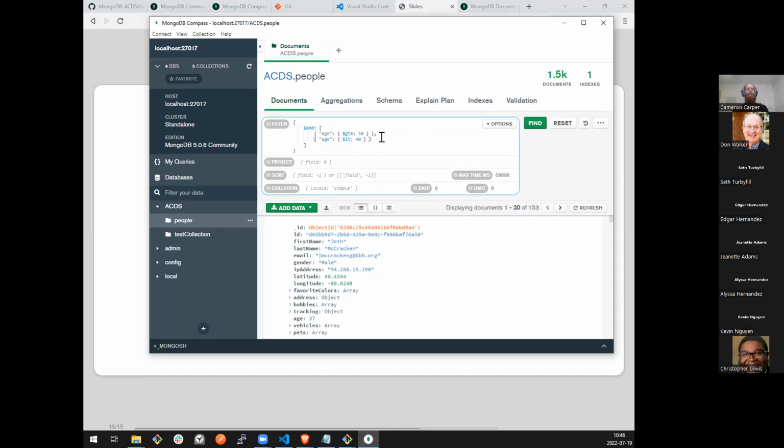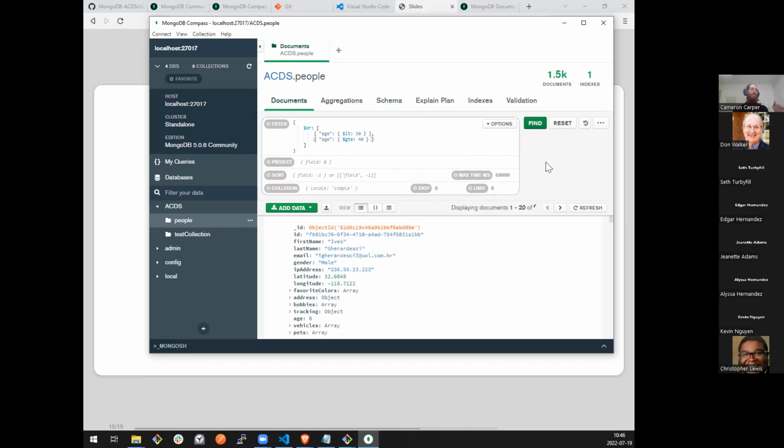This is actually really easy to swap out because the and and the or operators work effectively the same way, at least they're structured the same way. In that we write the operator name and we give it an array. So I'm just going to change my and to an or. And we want everyone who is less than 30 or is greater than or equal to 40. So this should give us everyone in our database who is not between the ages of 30 to 39.